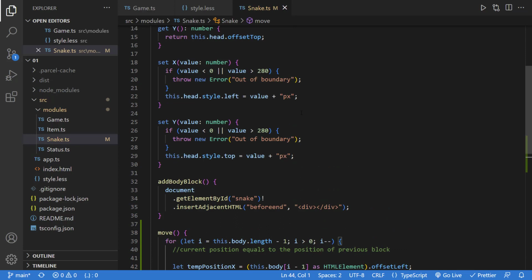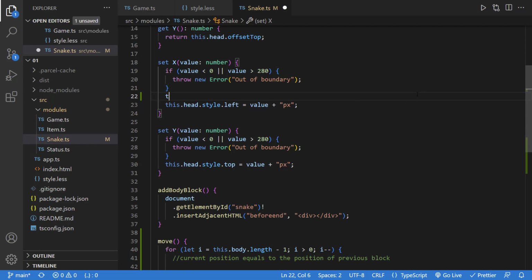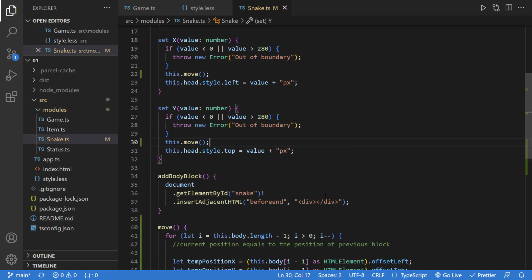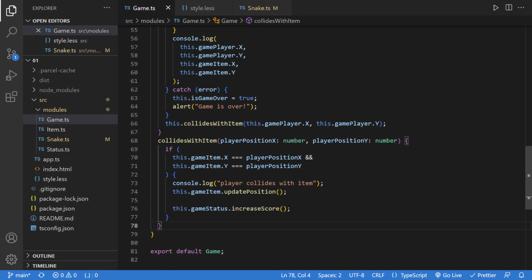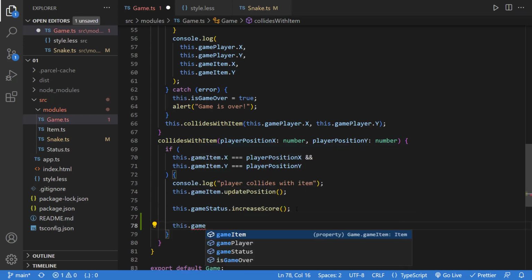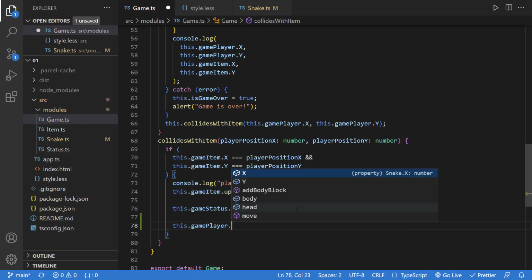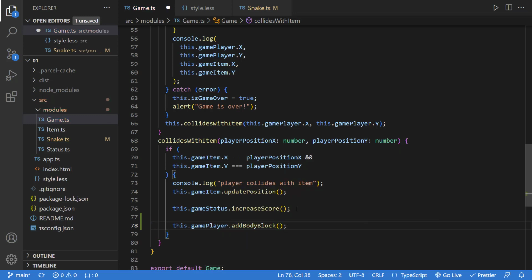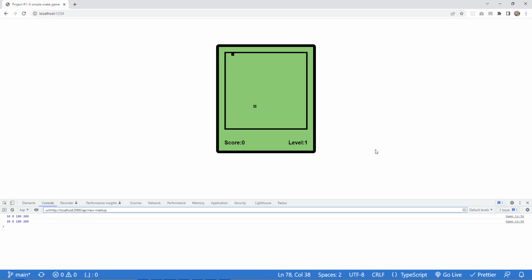Where should we call this move method? Each time we set a new position X and Y of the snake object, we will call this move function. In the game.ts file, inside the collide with item function, after calling the GameItem.updatePosition and GameStatus.increaseScore methods, we call the GamePlayer.addBodyBlock method to make the GamePlayer move his body